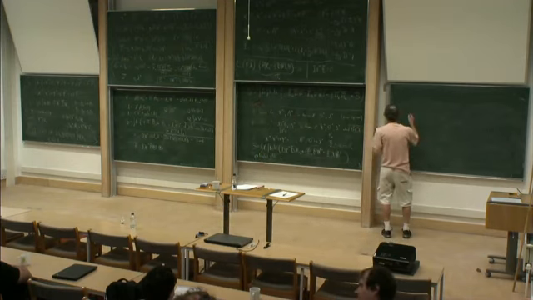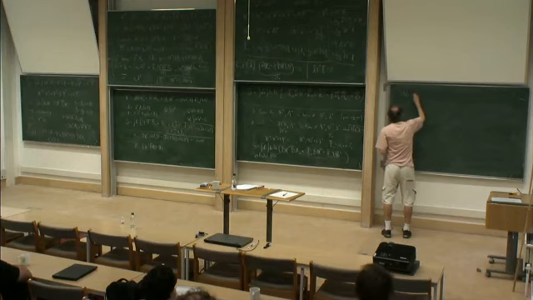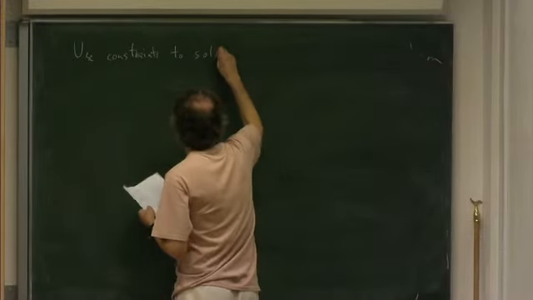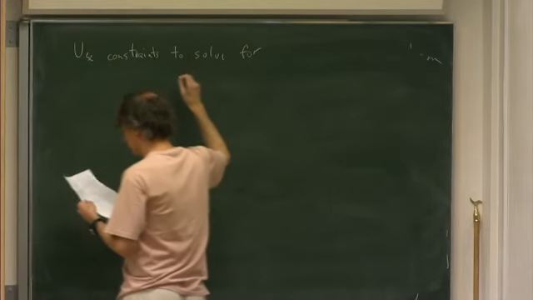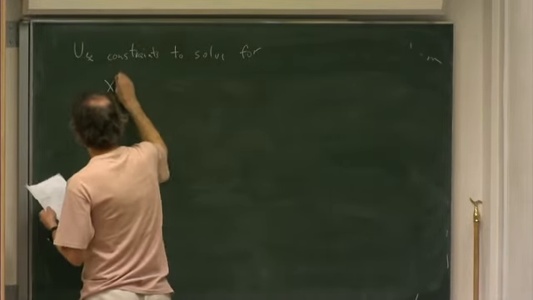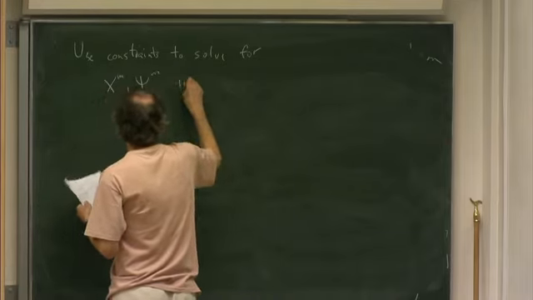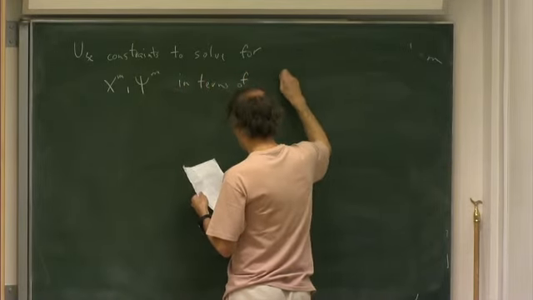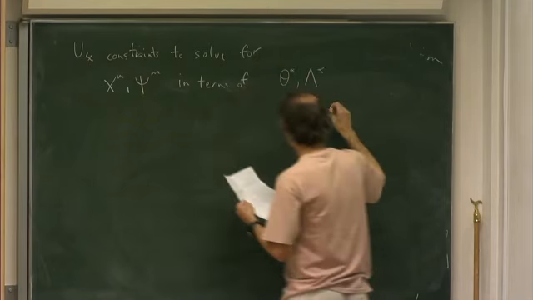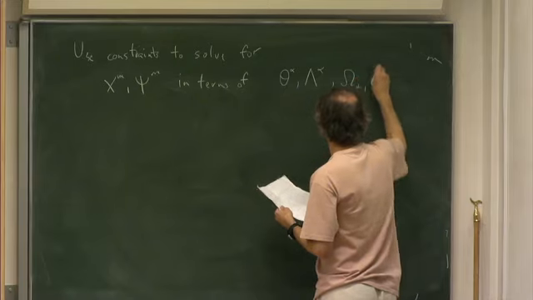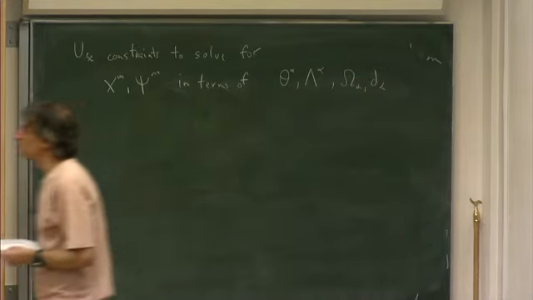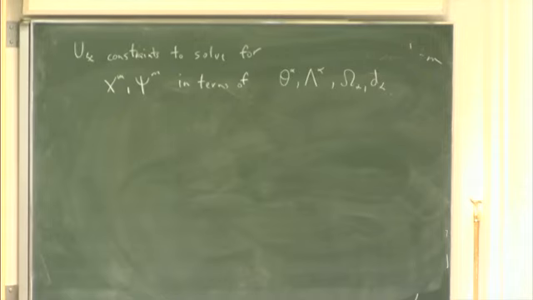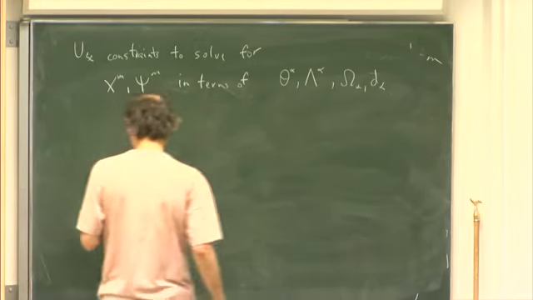So the idea is to use constraints to solve for x m and psi m in terms of theta alpha and capital lambda. And then you also have the conjugate momentum, of course. So what that does is it just eliminates the X superfield and just leaves you with now unconstrained superfields, which I'll call,